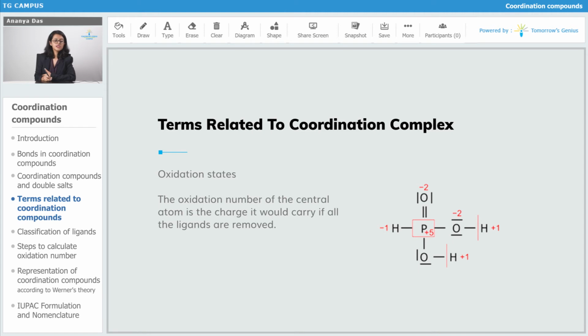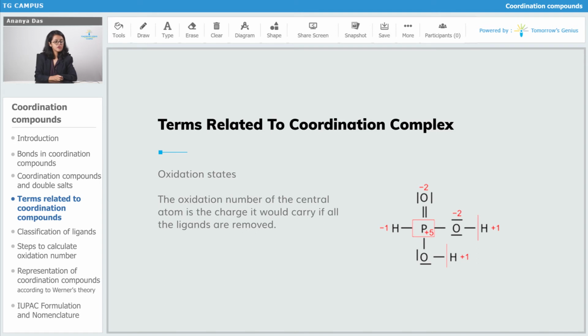So the purely ionic thing is an important concept of oxidation states. Even if you are finding the oxidation states of a carbon compound or organic compound, you have to assume that the bond is ionic, because the calculation of oxidation states is done only for ionic bonds. So every bond, if it's not ionic, just assume that it's ionic.